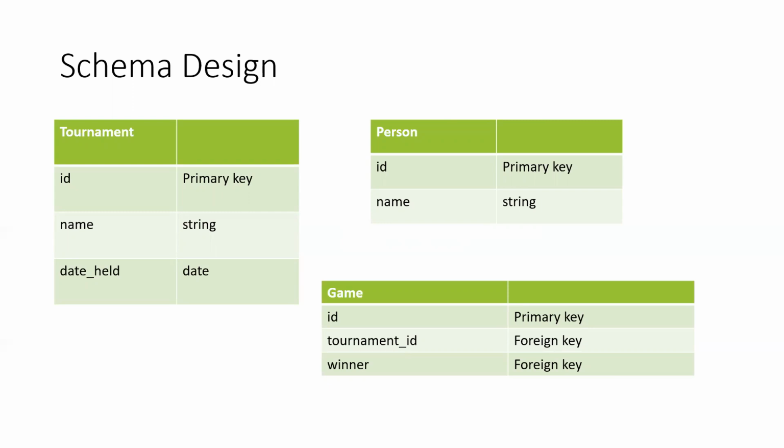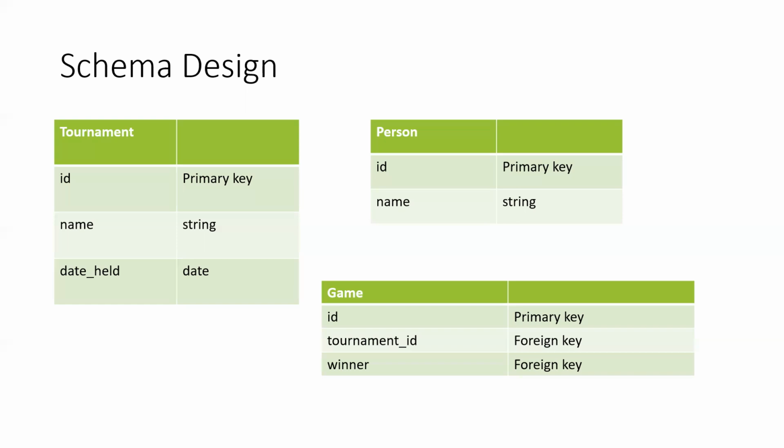They take schemas. So talking about the first schema, that is tournament, it has three attributes, namely ID, name, and date held. ID is the primary key. The name is of string type and date held is of date type. So what is a primary key? It is a column or a set of columns in a table whose values uniquely identify a row in the table. Since the ID is always unique, we have referred to it as the